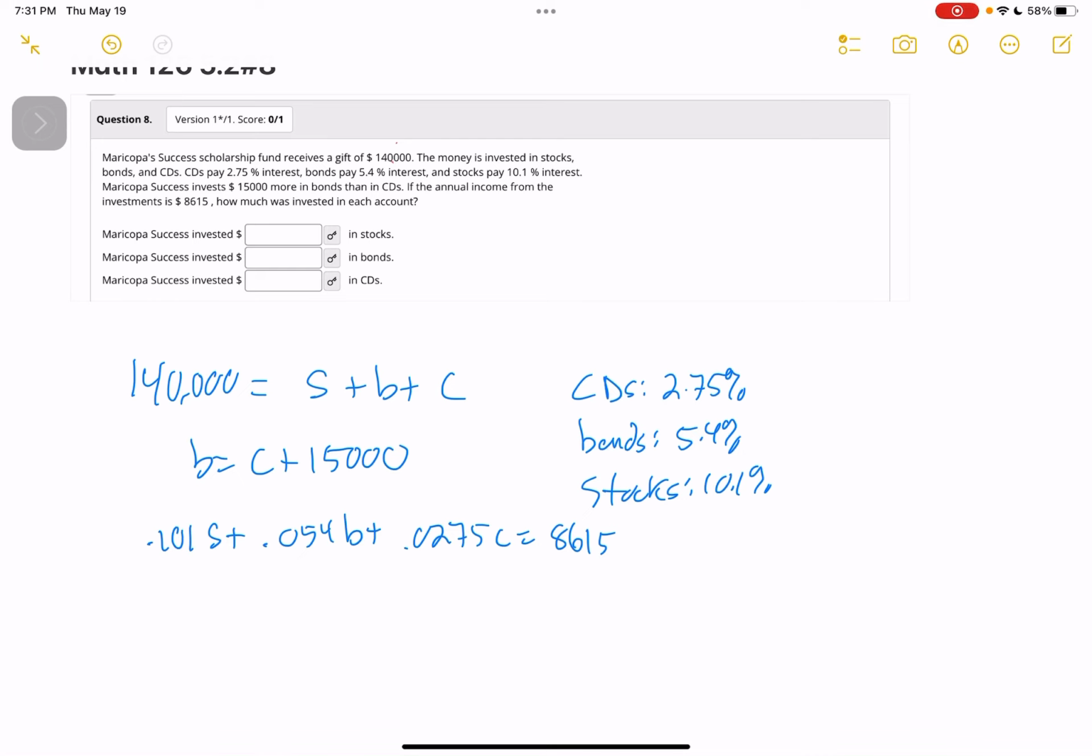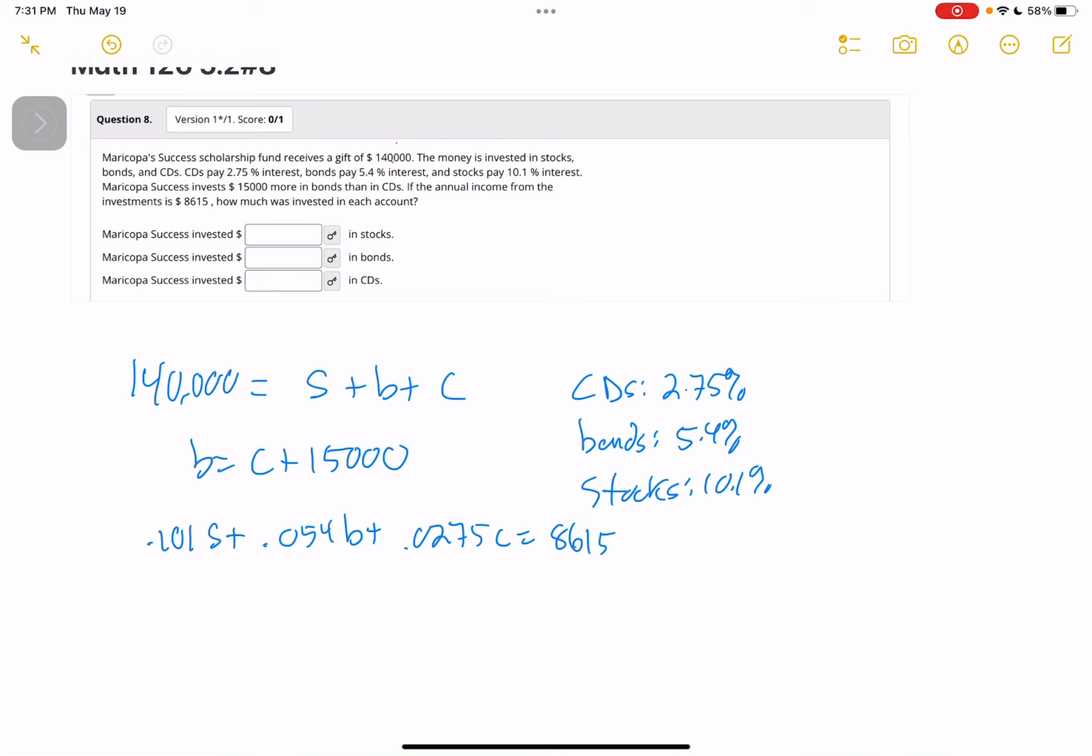The money is invested in stocks, bonds, CDs. So I did S for stocks, B for bonds, C for CDs. CDs paid 2.75%, and bonds pay 5.4%, stocks pay 10.1%. And so you say, why don't we just do everything in stocks? Because that's on average the return. Sometimes you get a bad market like we have right now. Anyway,